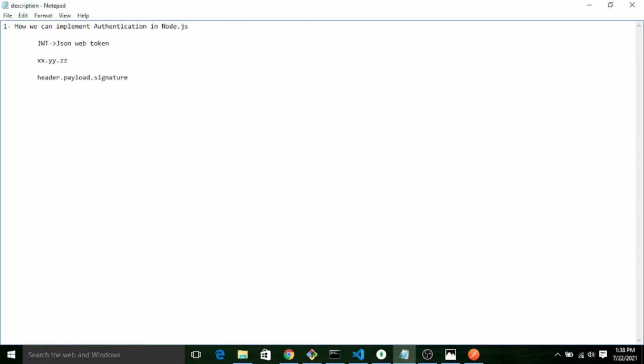When you see this token has been generated, it has three parts basically. The first is the header part, second is the payload, and third one is the signature, which is created using the header and the payload. All are in the encoded format. Today we will implement the same token based authentication in our Node.js application, and we will see how we will integrate this. For that I have drawn one architectural diagram. I will explain it so that you will be more clear.